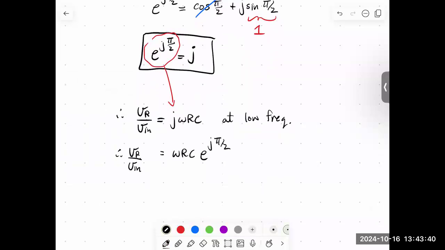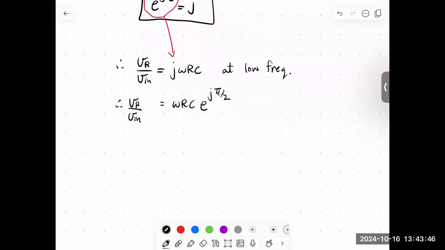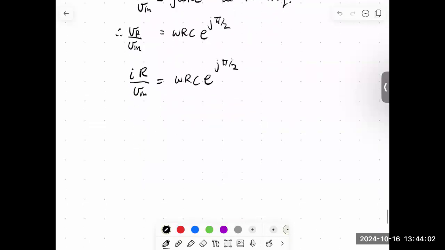All right, what I'm going to do is start to deconstruct this a little bit. What do I know? I know that VR is I times R over Vn equals omega RC e to the j pi by 2. But what do I know about I? I has a phase factor, right? So I could write this as, let's see, I is an amplitude, e to the j omega t, e to the minus j phi, right? I could write this as e to the j omega t minus phi,